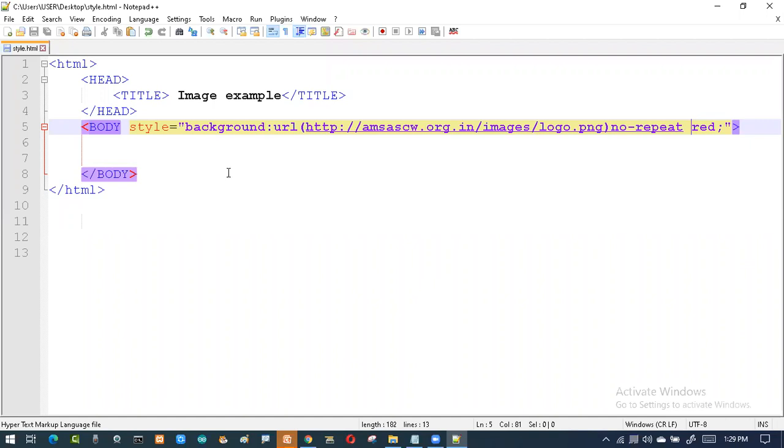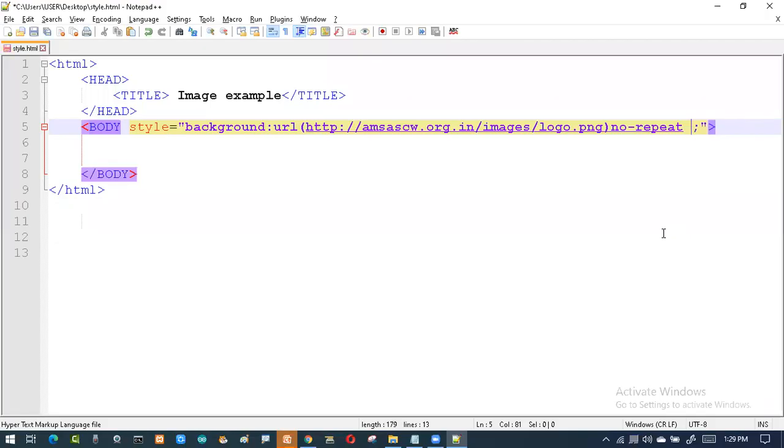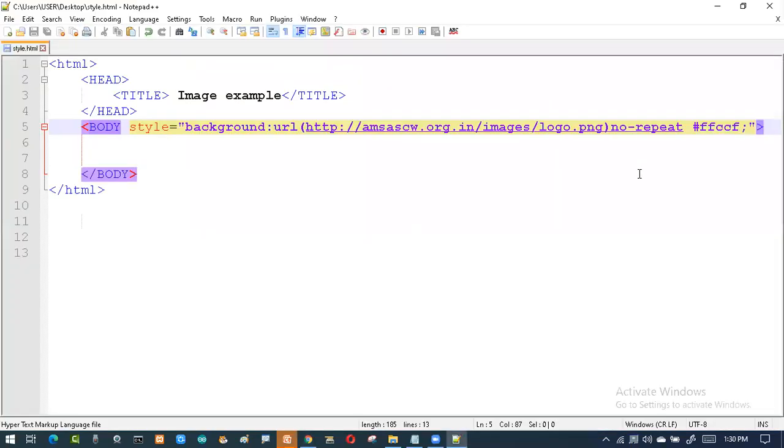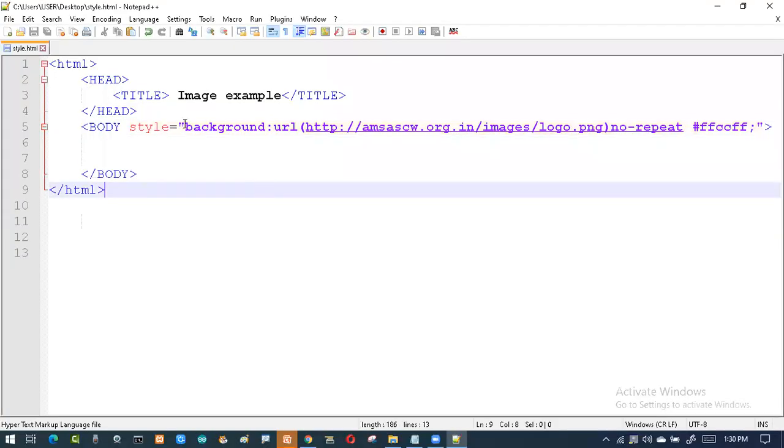So it has been filled my entire background with color like this. So it is very dark, it is showing. So I'll be using the hexadecimal value. So I got the output like this. So I'm using the background in a body.